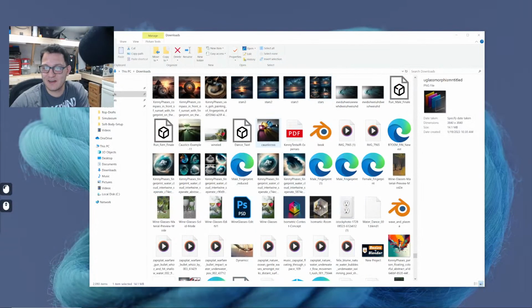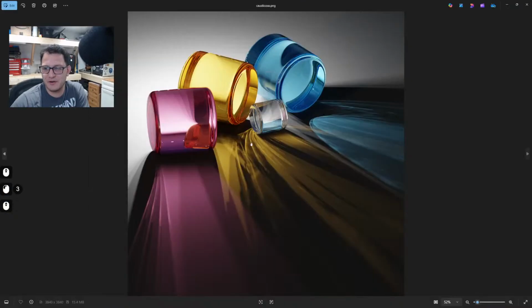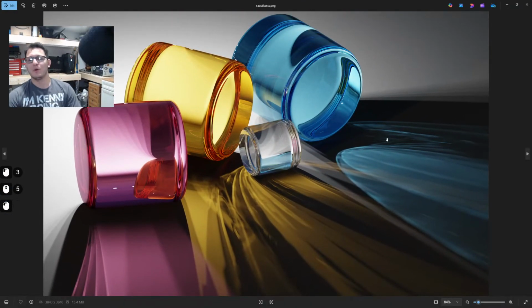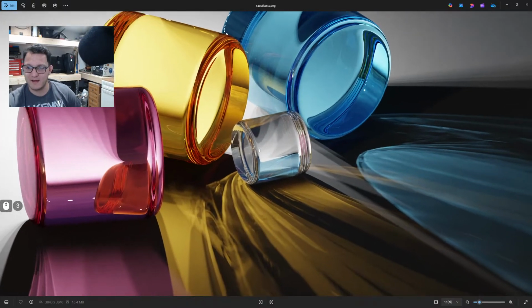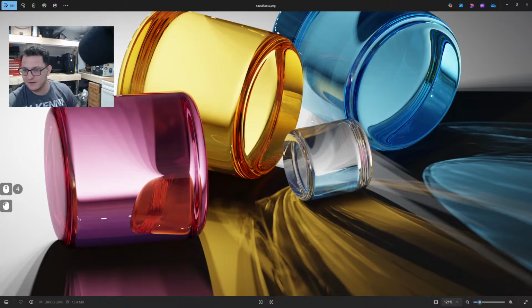Oh man, yeah, I love looking back through my Blender journey. Oh man, look at these caustics. Oh my god, they're gorgeous. This was back when I had all day to render stuff. Because when I first built this computer, oh my god,